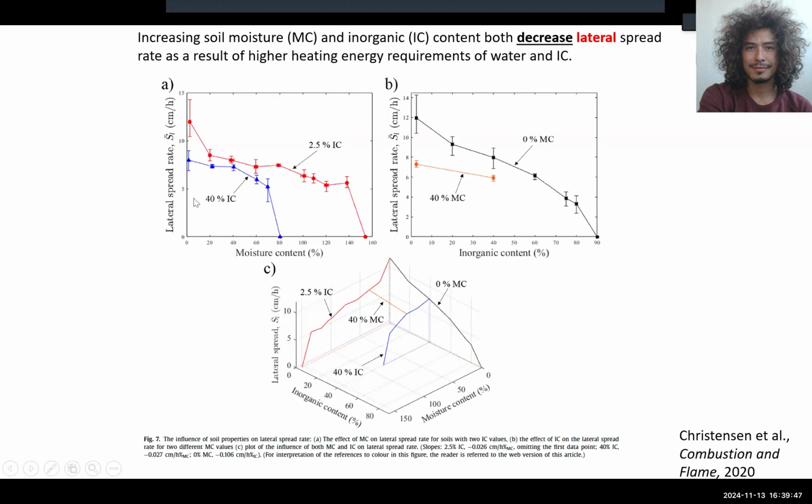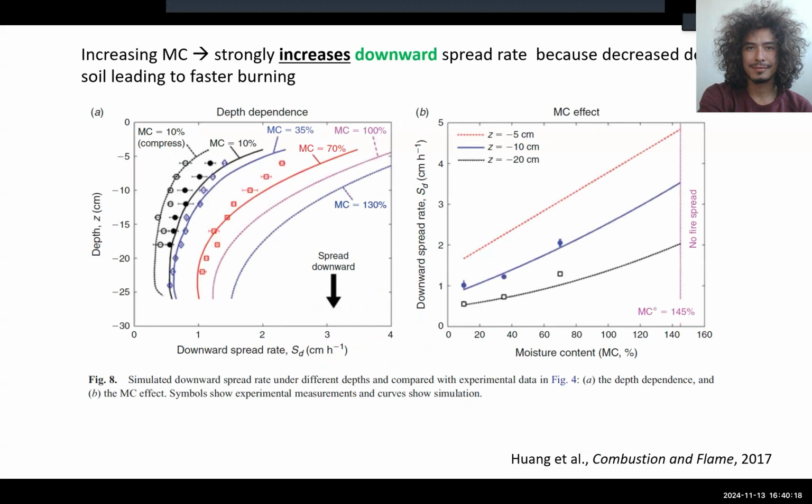So with your lateral, i.e. your sideways spread, as your moisture content increases, the spread rate decreases. And this changes also as a function of the inorganic carbon content, which is what IC means. So basically, the more organic your soil is, the more it'll spread. And then you can create these kind of three-dimensional functions for that. And also with the downward spread, and this is from Professor Huang here,